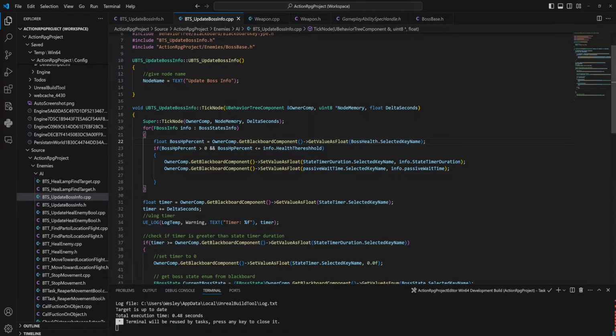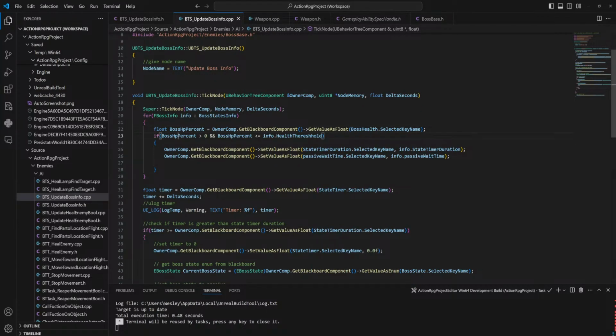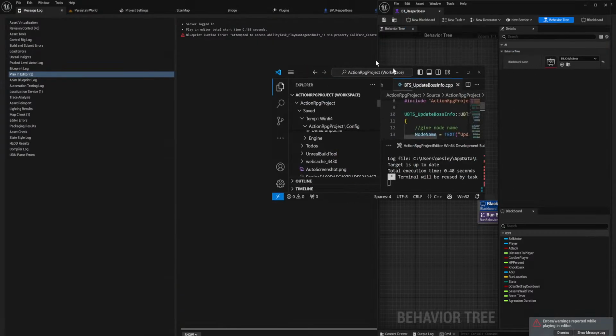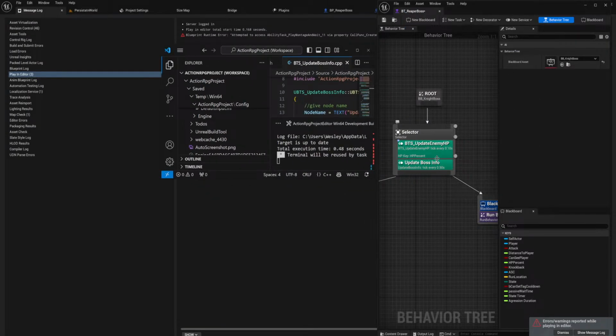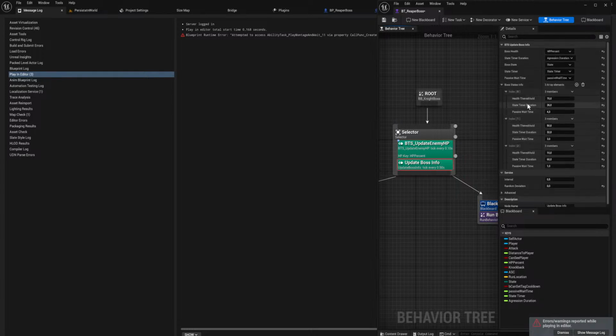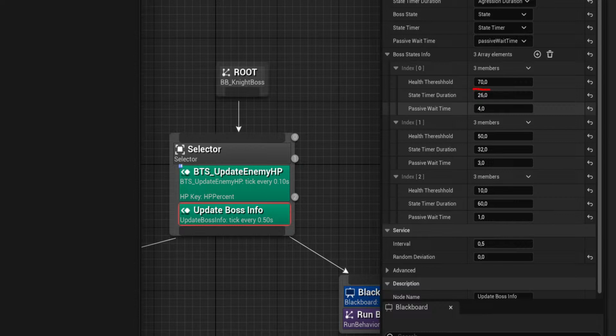I don't really care about that error for right now. So if the boss percent is greater than 0, it sets the... and less than the threshold health, which, for anybody just tuning in, the threshold health will be this value over here, and this value, and this value, going through a for loop, which apparently is shaped like the letter C. I was going to do like a for loop and then like a little arrow thing.